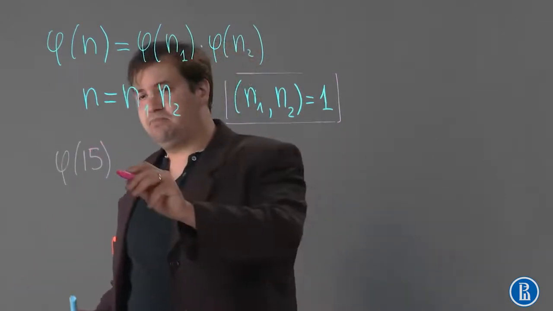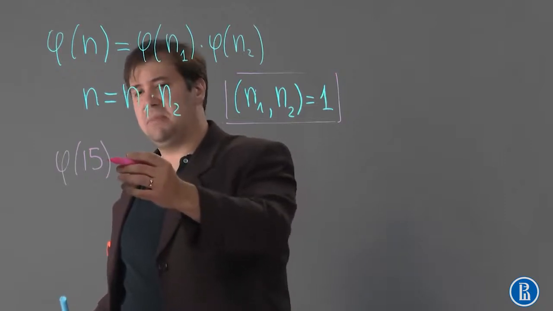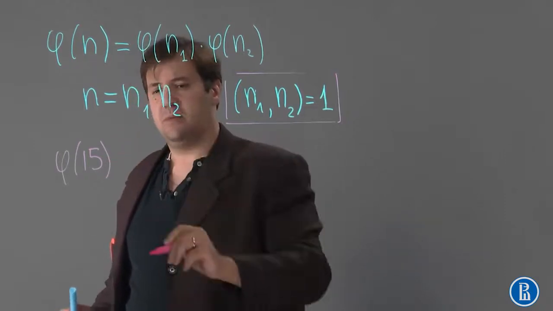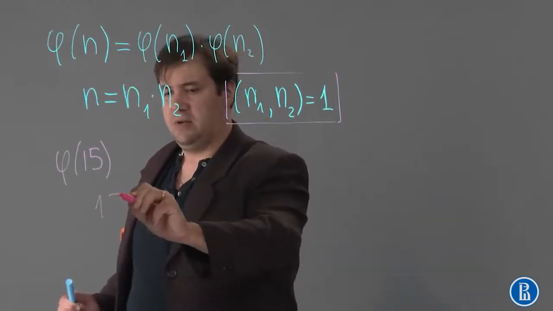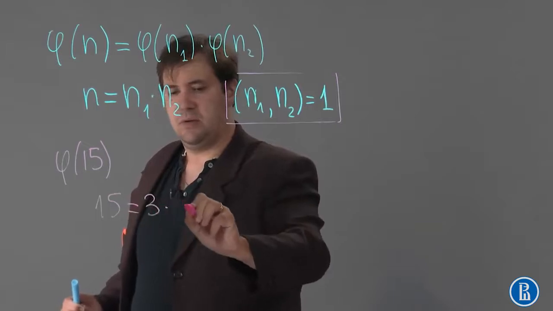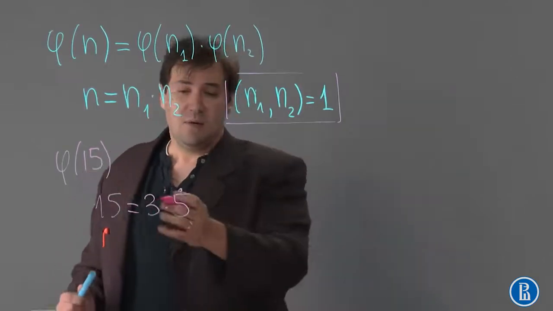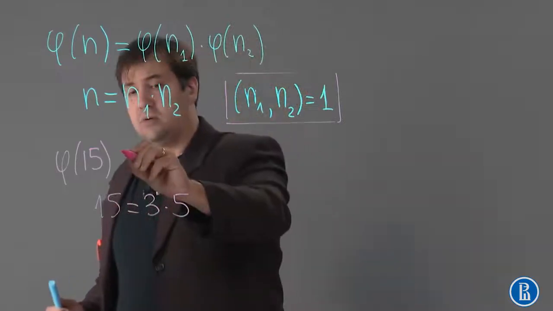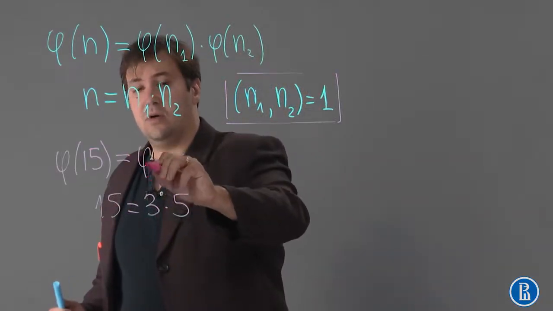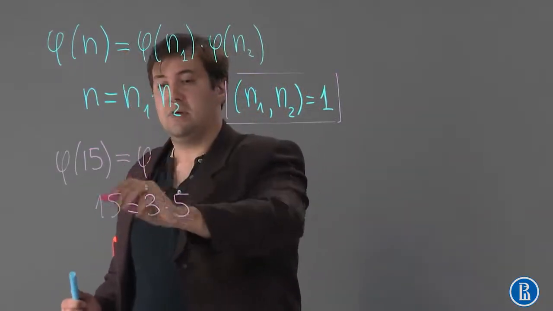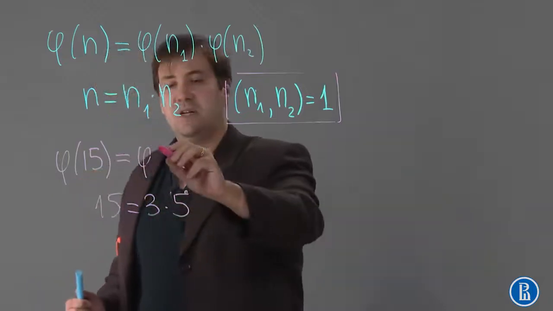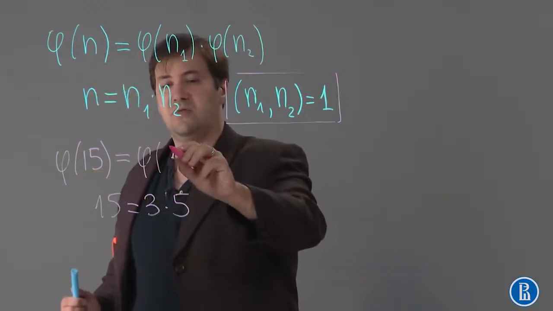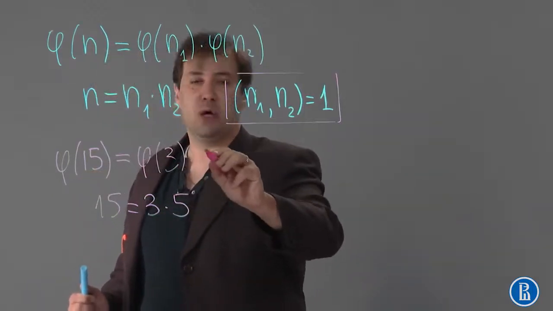15 can be decomposed into 3 multiplied by 5. So 15 is equal to 3 multiplied by 5. We understand that 3 and 5 are mutually prime. So according to this statement, Euler's function of 15 will be equal to Euler's function of 3 multiplied by Euler's function